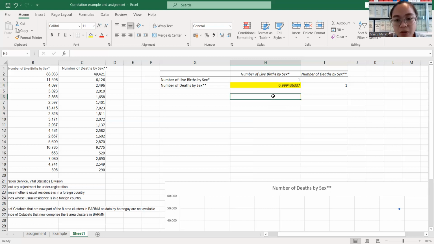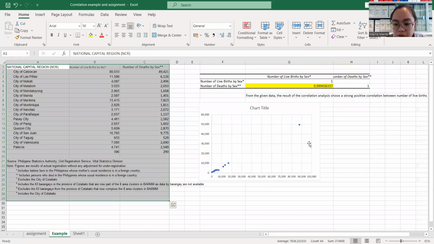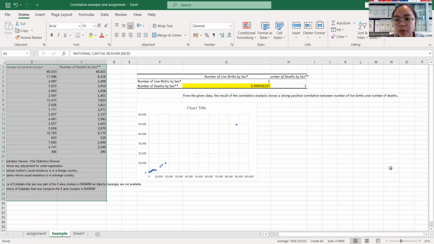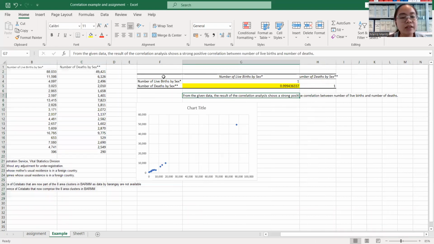Okay? So in our example, from the given data, the result of the correlation analysis shows a strong positive correlation between the number of live births and the number of deaths. So that's how you can simply explain the result. Okay, it's a brief explanation.